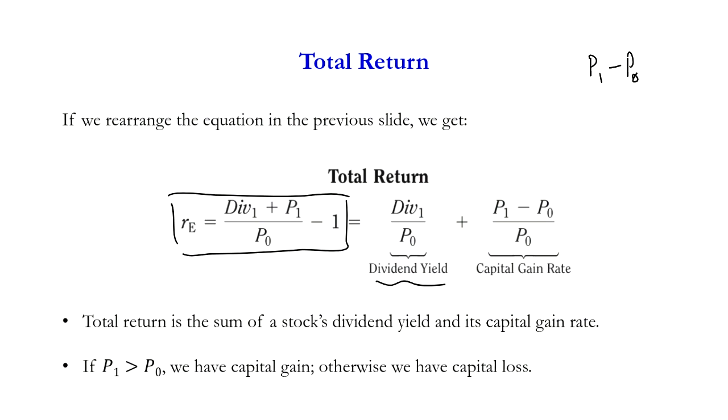If P1 is larger than P0, we have a capital gain, but if P1 is less than P0, we have a capital loss. But if we divide P1 minus P0 by our initial investment, P0, which is our initial amount of investment,